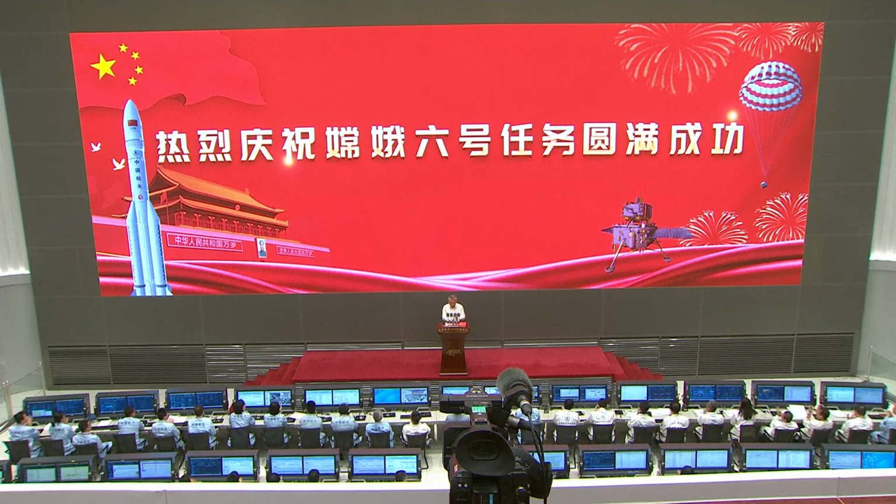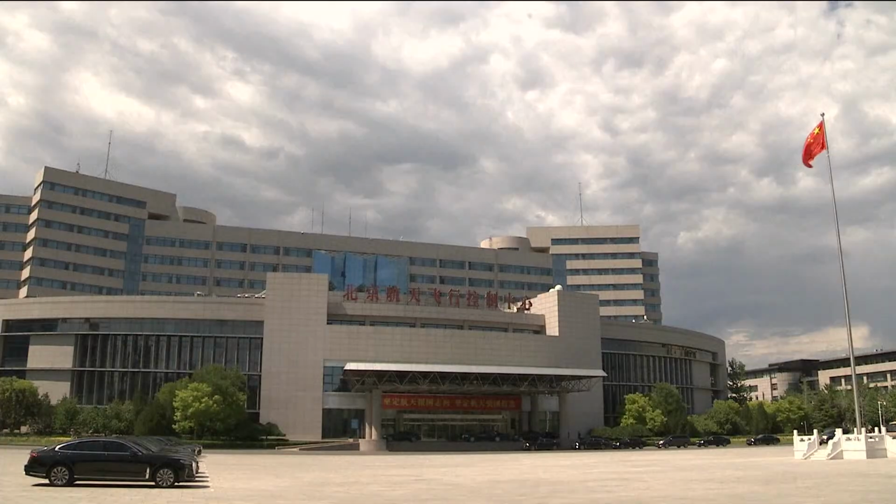And this just in, the Chang'e-6 return module has successfully touched down in North China's Inner Mongolia region. The announcement you heard just now